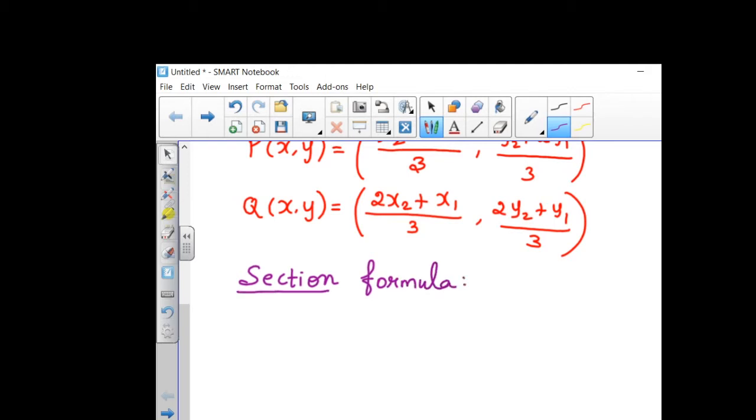Section formula is used if your line is divided into some different ratio. Now we said equal parts, 3 equal parts, 2 equal parts. If it is divided in some other ratio, how can we find it? For that we are going to use this section formula. If your line is divided into m:n ratio, the section formula is